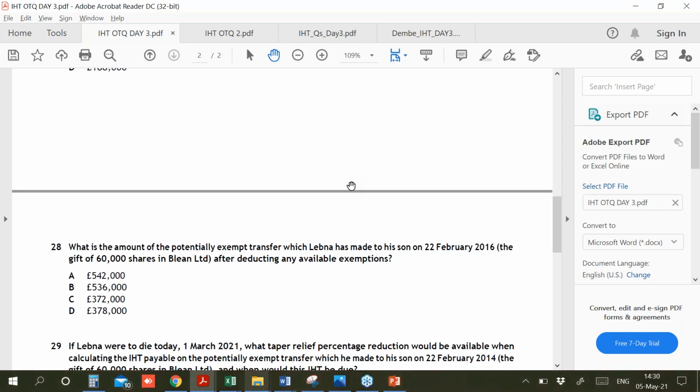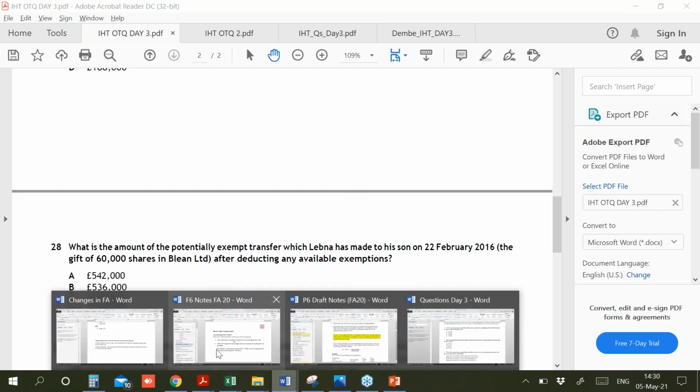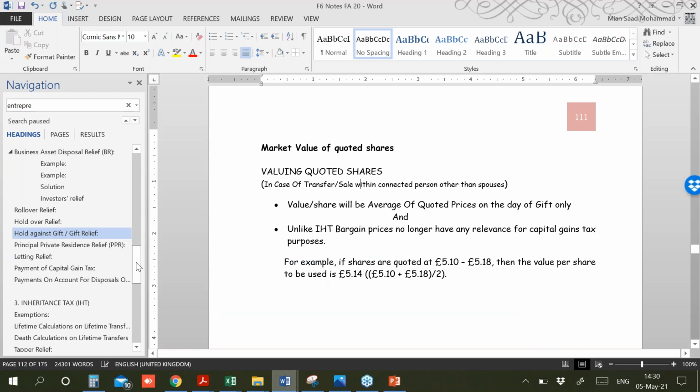So what happens is, if HMRC says that the asset that has been transferred is of such nature that its values vary at different levels, the transfer of value or the amount that should be used for the calculation of IHT purposes cannot be calculated straightforwardly. However, what you have to do is see what is the decline in the wealth of the donor after making the transfer. So for that, you have to calculate the wealth before transfer and the wealth after transfer. If I'll take you to my notes, which are also available in the handout section, the third chapter